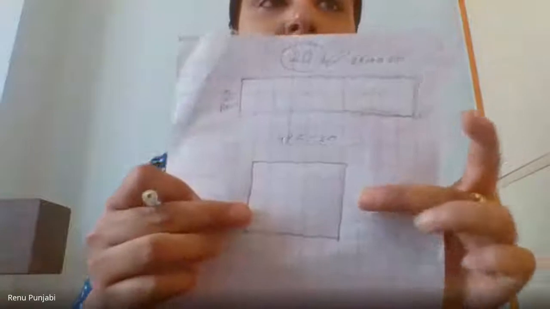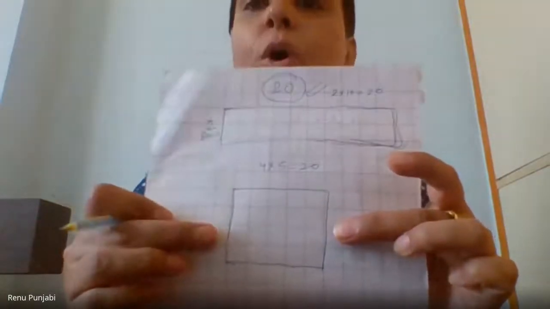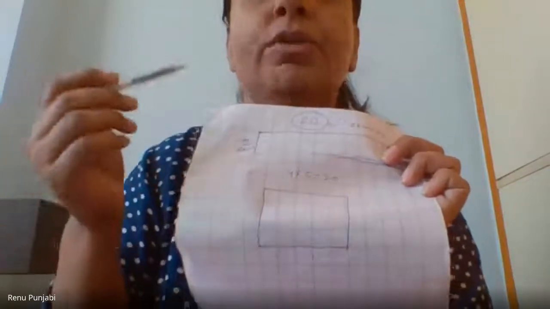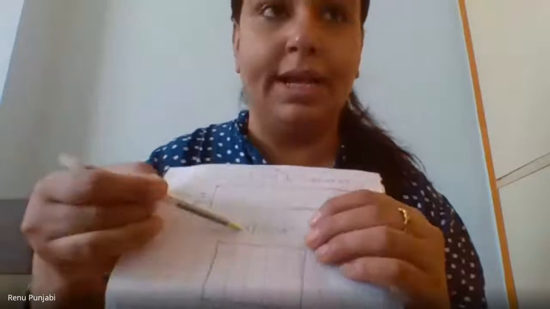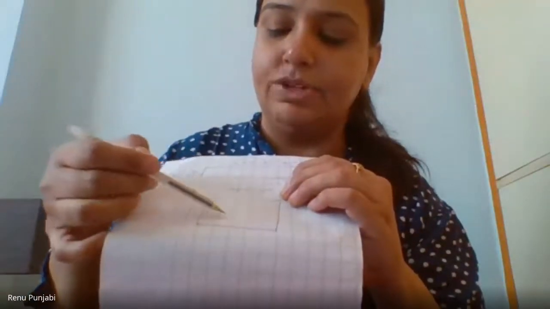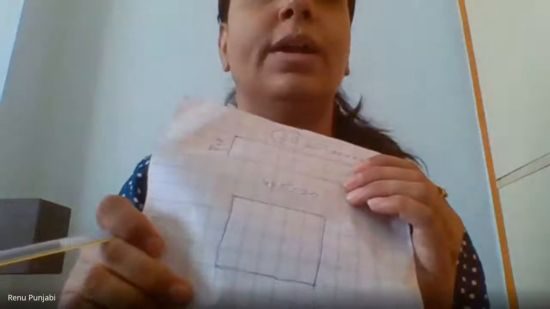And I make a box and cover it, which means I have given a seat this way with 4 rows and 5 columns. I have given a place to all the 20 students. When you count the small boxes inside this big box of 4 rows and 5 columns, you will be able to see that all the 20 boxes are covered. 1, 2, 3, 4, 5, 6, 7, 8, 9, 10, 11, 12, 13, 14, 15, 16, 17, 18, 19, 20. Means all the 20 students got the seat.